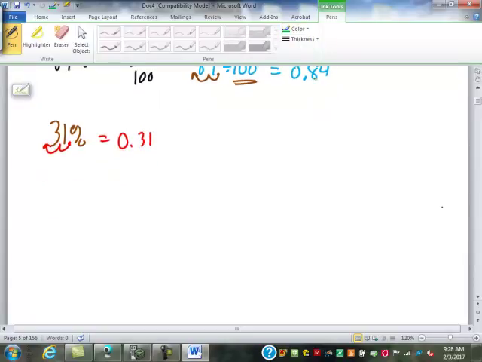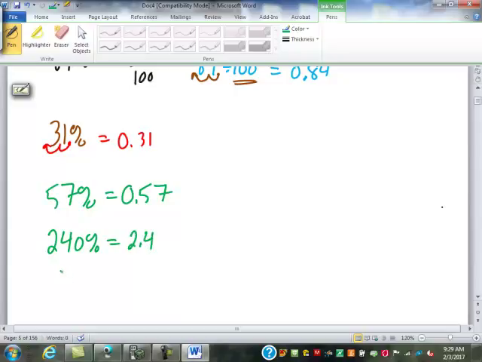So I'm just going to have you guys yell out the answers for me. If I change 57% to a decimal, what does it become? 0.57. Good. If I change 240% to a decimal, what does it become? 2.4. Good. 70% to a decimal becomes 0.7. 8% as a decimal becomes 0.08. And 3.9% as a decimal becomes